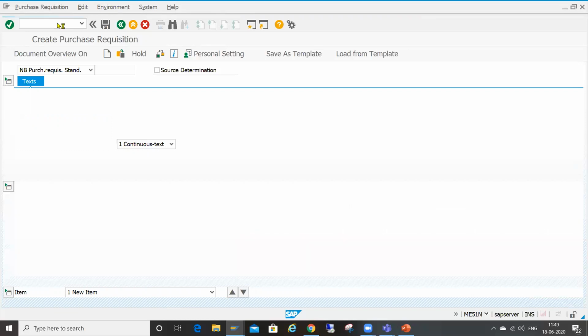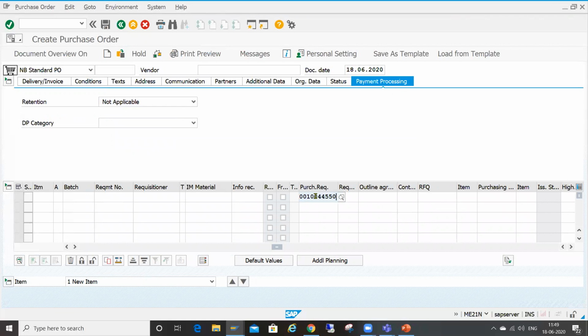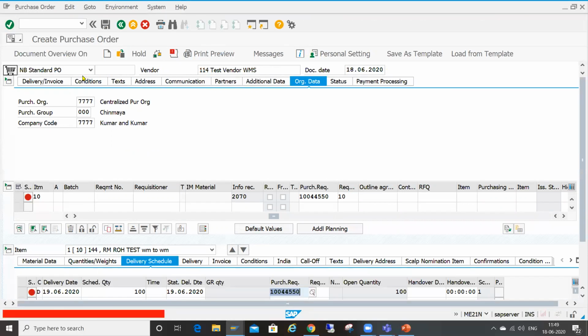Create PO with reference to the PR. If I use NB document type, then system will trigger this message. Okay, in this combination, you should not create a PO. You should use the document type ZMP3.